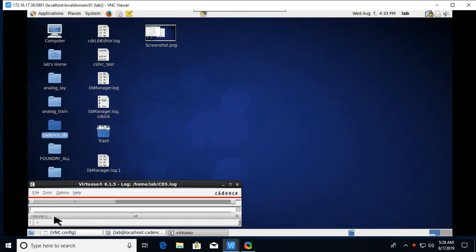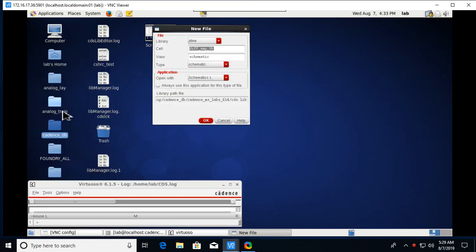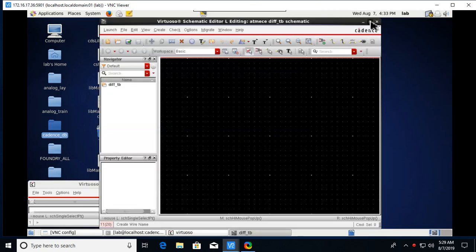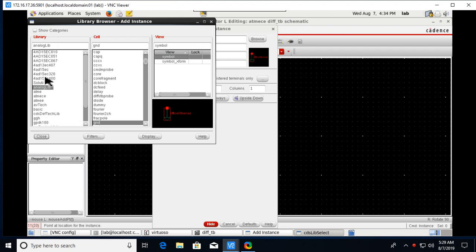Today let's see how to do the differential amplifier schematic as well as a test bench. For that, go to File, New, Cell View. Go to your library and type the name as DIFF_TB, because a space is not allowed here. You'll get this window, and after that go to create instance, browse, and here select